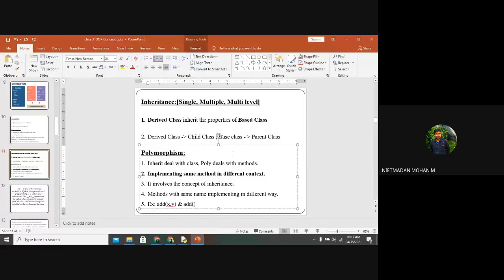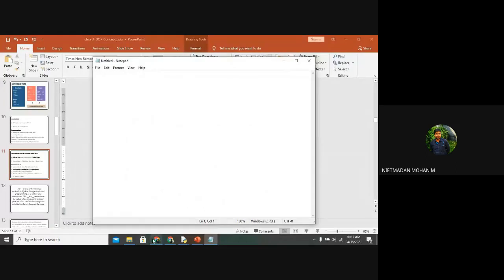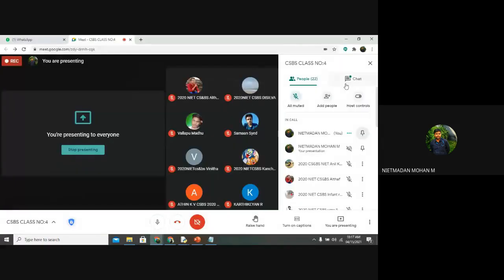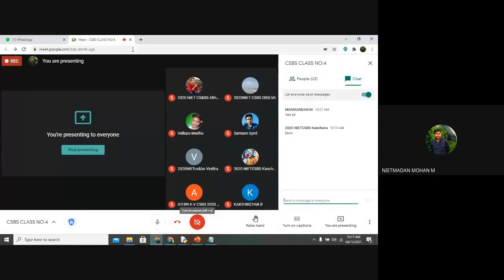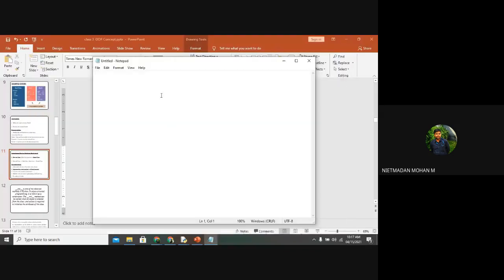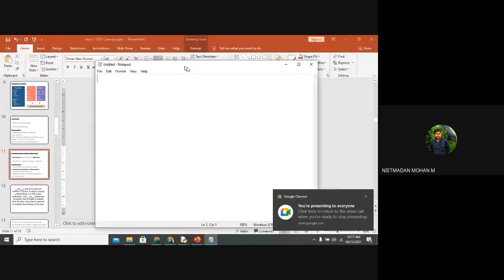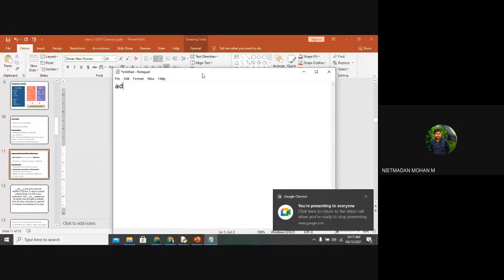What does this function mean? Give a reply in the chat box. Oh, yes. So what is meant by add of x comma y? What am I doing here?